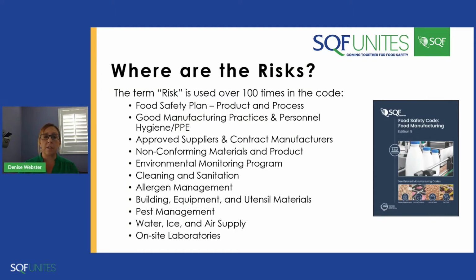We talked earlier today within the webinars around our environmental monitoring risk. If we don't understand the pathogens that could impact our environment and our overall products, then we're not really truly understanding the intent of the code. So where it might show up 100 times in the code, the goal here is that we really are creating a risk-based program. So how do we go about doing this?